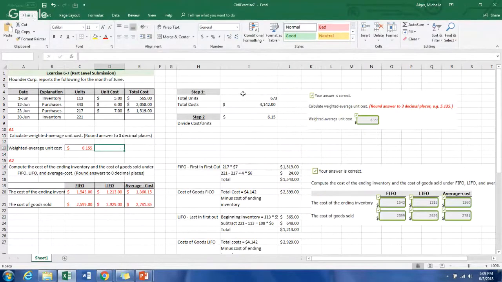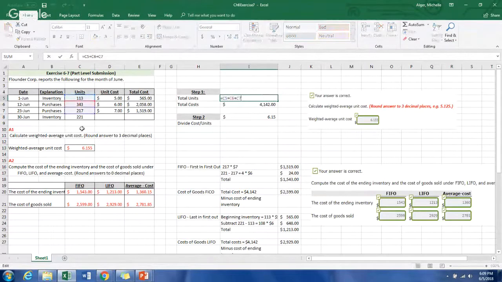The first step that I did, I kind of listed my steps over here, was take the sum of all of the total inventory and purchases for the month of June. So I added 113, 343, and 217, which gave us a sum of 673. And then I did the same thing for the total costs. I added up the three fields on the left side, the 565, 2058, and 1519. So it gave us a total sum of